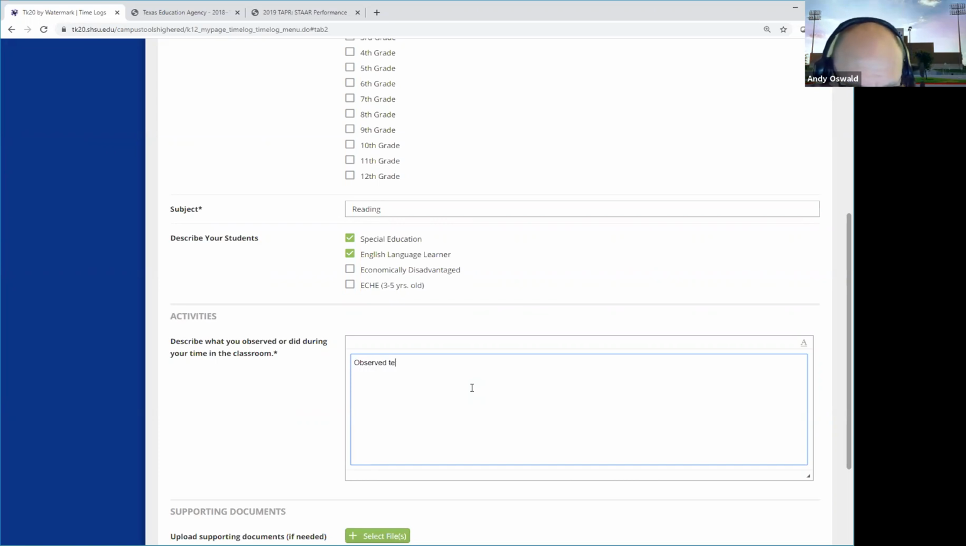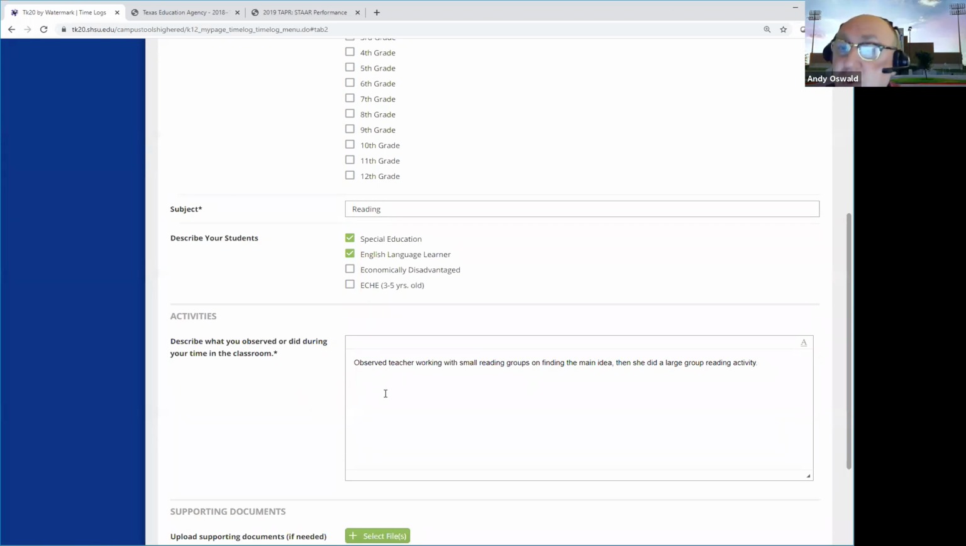So I'm going to say, observed teacher working with small reading groups on finding the main idea. Then she did a large group reading activity. Okay, that's probably sufficient. You don't need to give it minute by minute what's going on here. What did you see? What did you do would go in here